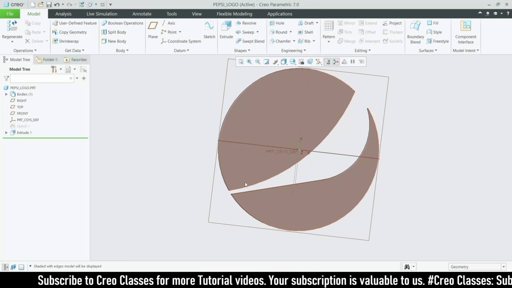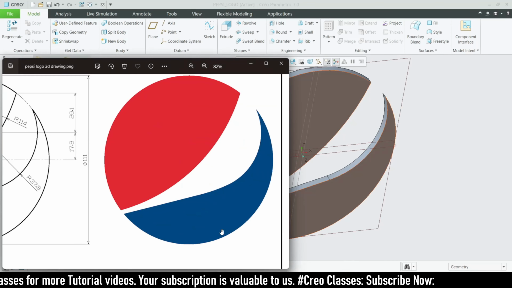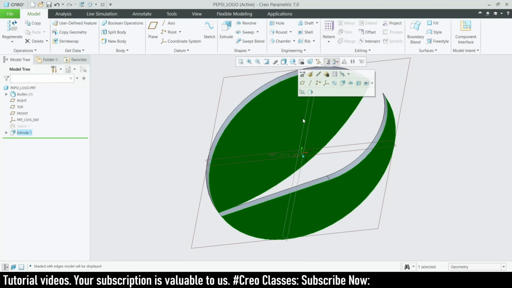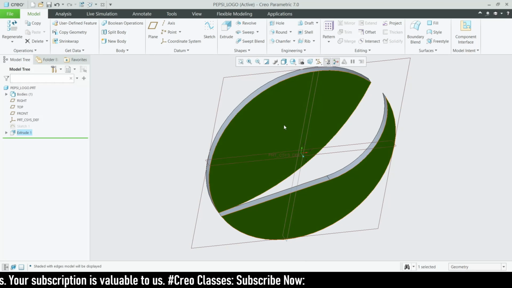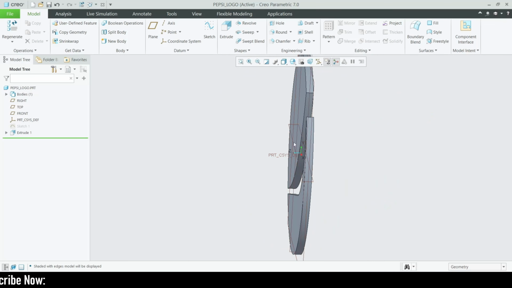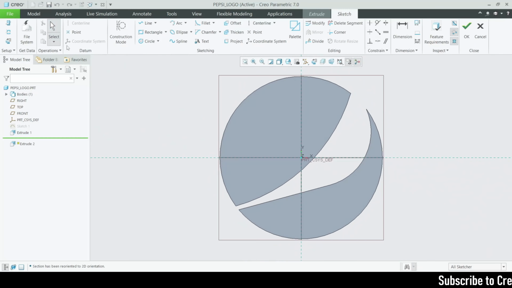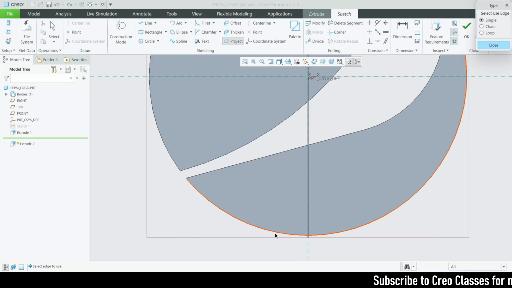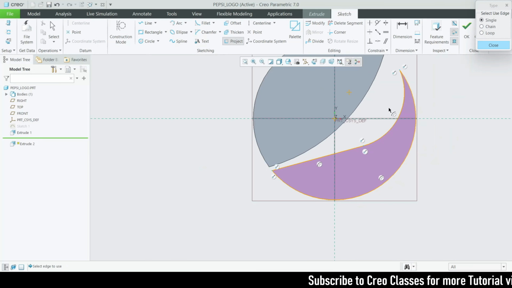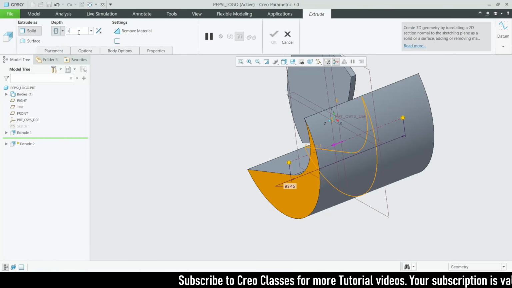So the next thing here is our coloring. We have to give separate colors for this, right? So this will be red and this will be blue. If you select this, this particular surface will be selected because these two are created using the same feature, so we have to give red color for this and blue color for this. This will be impossible if we have created these two on a very straight surface. So I'm going to extrude this face one more time, and I'm directly going to project all these edges here. Okay, and I just want to extrude this both sides